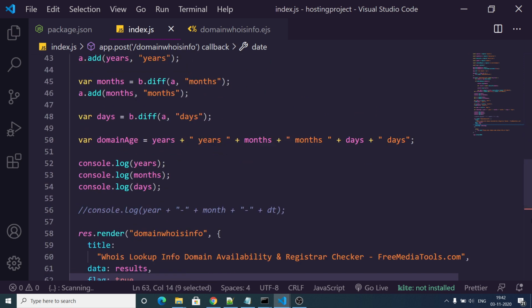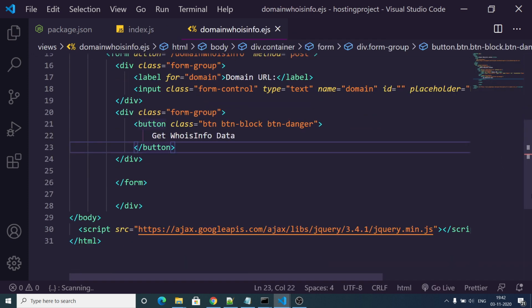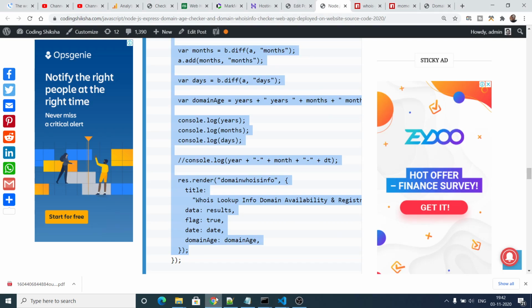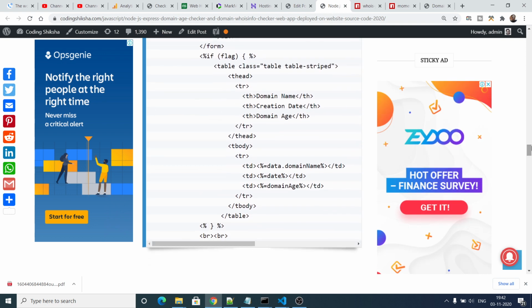So now to display this information, guys, we need to go to this EJS template. Here we need to copy paste the code which I have given inside my blog. You will see this is the code here.